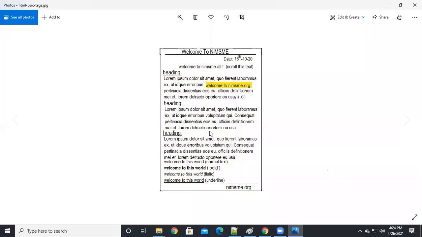Then scroll one line and take three headings and three paragraphs. Using all basic tags, you just design like this, guys. I will drop it into the WhatsApp group, and you just design as this.